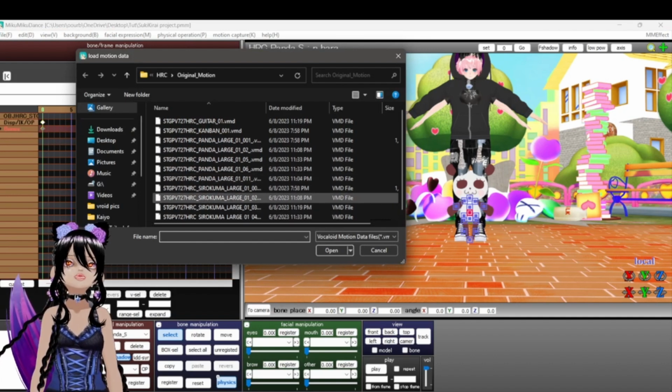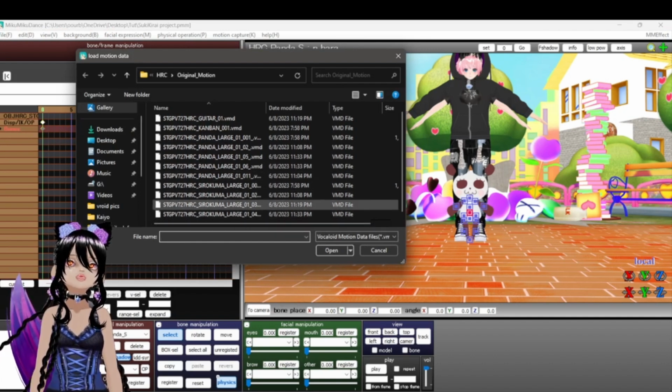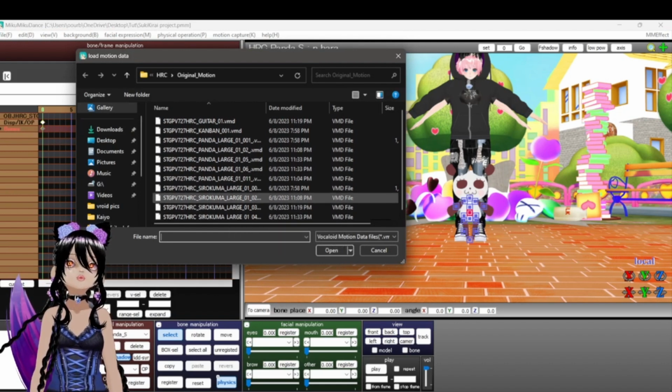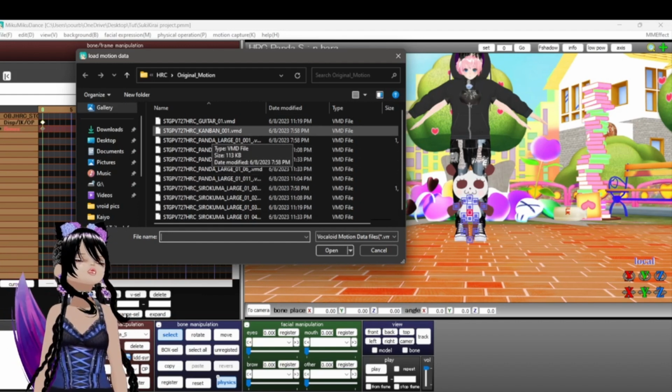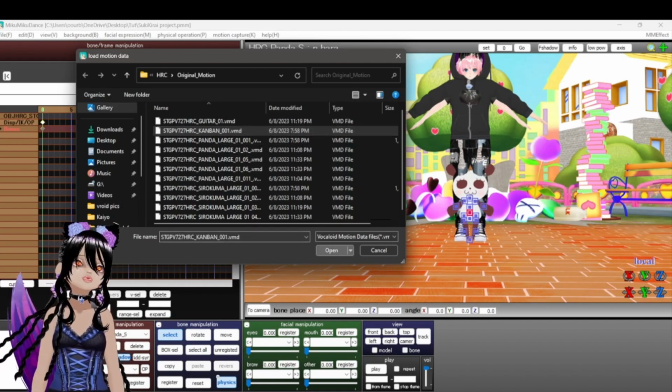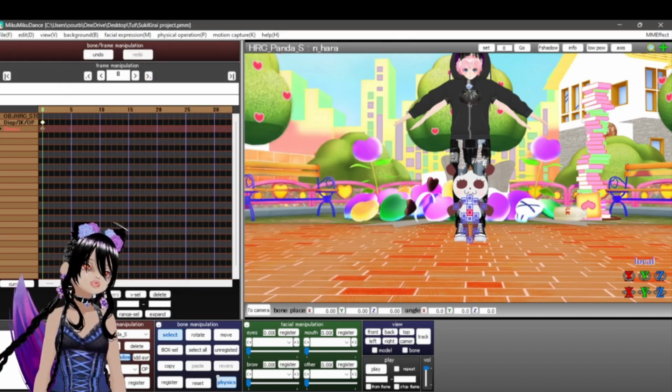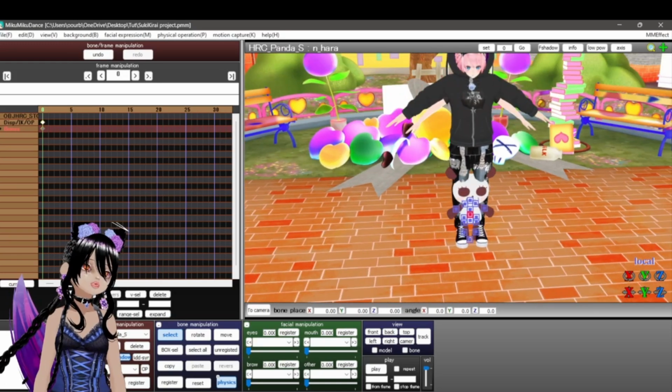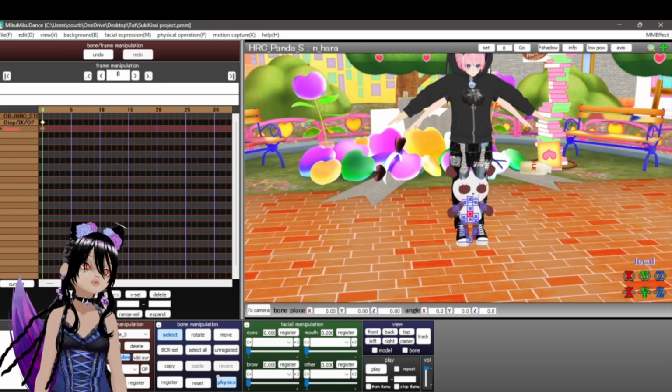And yeah, I forgot that was purple. And there's something I'm not understanding here. What is Kanban? I don't know what it is. Okay, just open that. And I don't think it did anything. I'm gonna undo